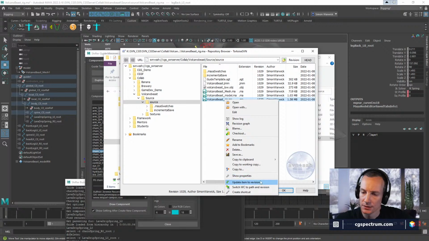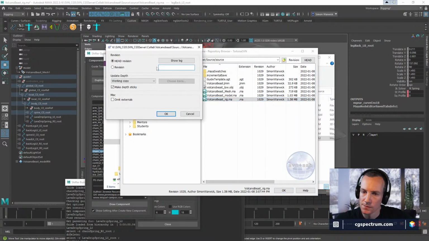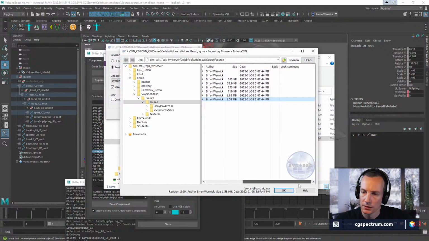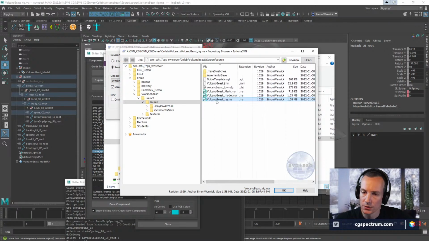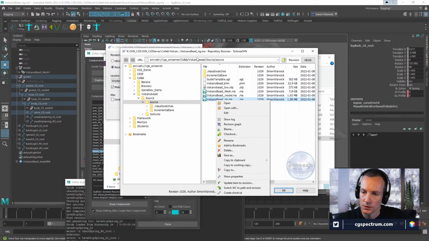How do I get to update item to revision? What are the other revisions? I mean, maybe there's only one, but how do I find out?